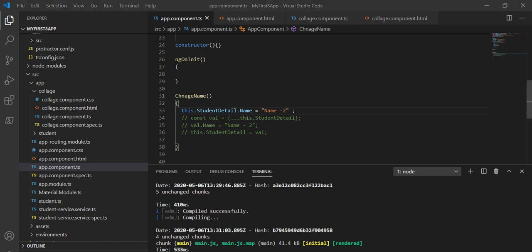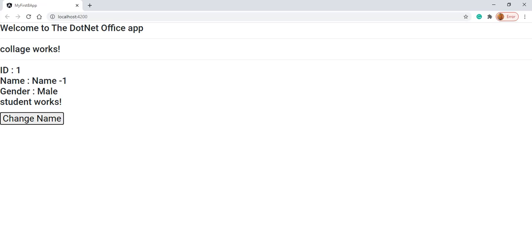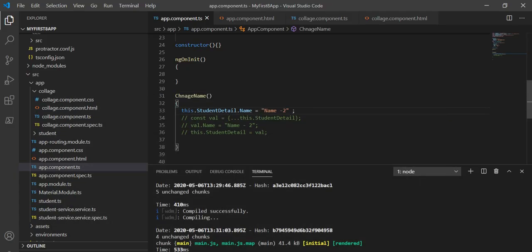So see this on the browser now. If I click on this change name, we can see the name is not changing, because this college component is expecting that if there is any reference change, then only it will change the value. So that is basically the definition of OnPush.